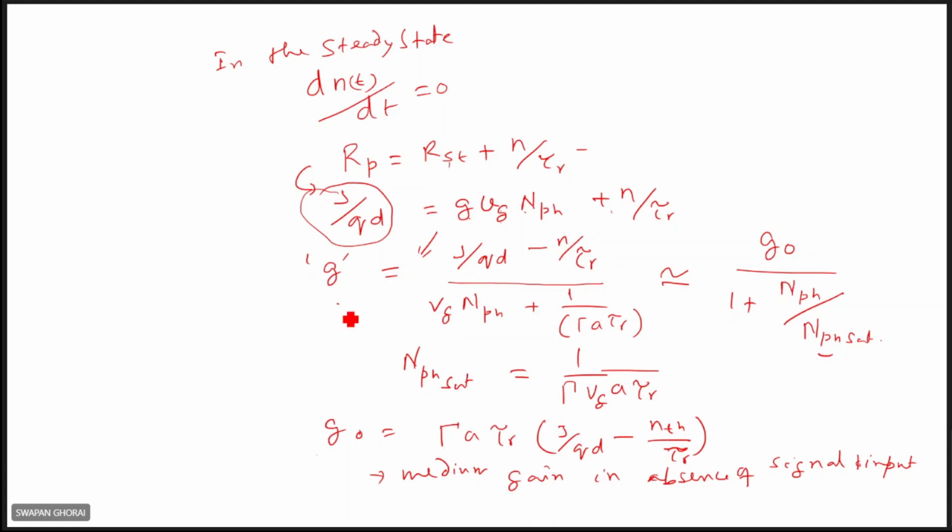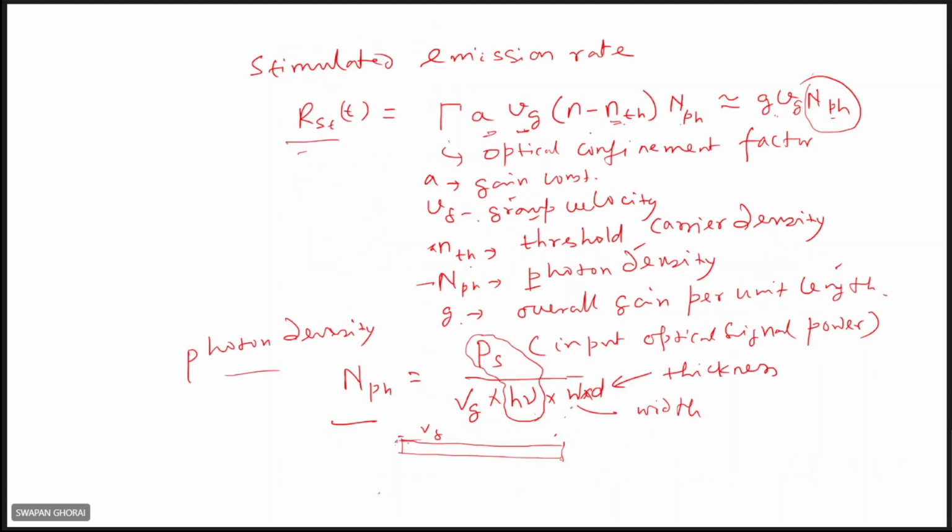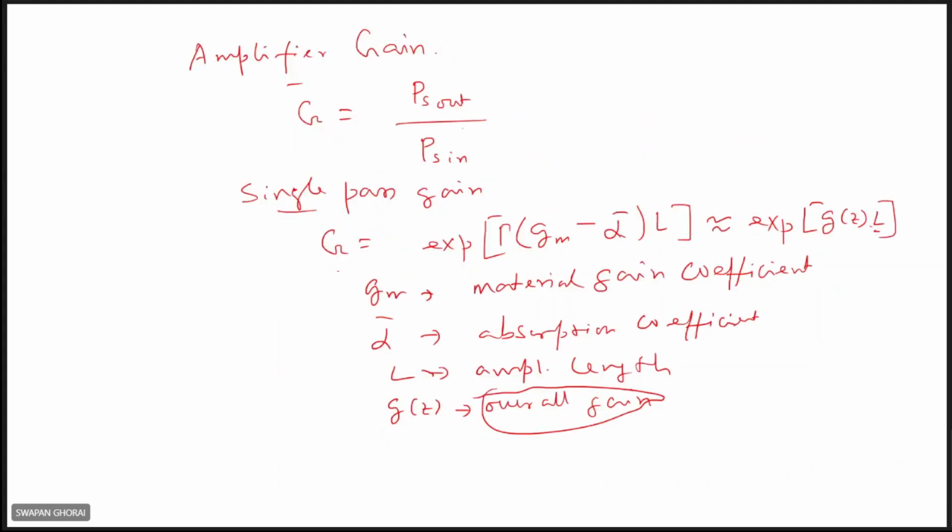So that is G0. Anyway, these are the important parameters for an optical amplifier. Ultimately, we'll see what is the overall gain. These are the internal gains, right? So overall gain we'll see in the next time. We have started these ones, I have not completed. You see this P output by P input. Next time we'll see it. And after this, we'll see the EDFA, how a fiber amplifier can give amplification of light.